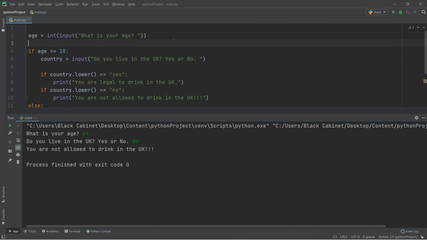So this first bit should hopefully be quite self-explanatory by now. Down here, we are just saying that if their age is equal to or over 18, I want you to ask them a question. I want you to ask them if they live in the UK, yes or no. So if I type in yes, like that, or YES, or no, or NO, any of these options, it's going to store that exactly how the user typed it